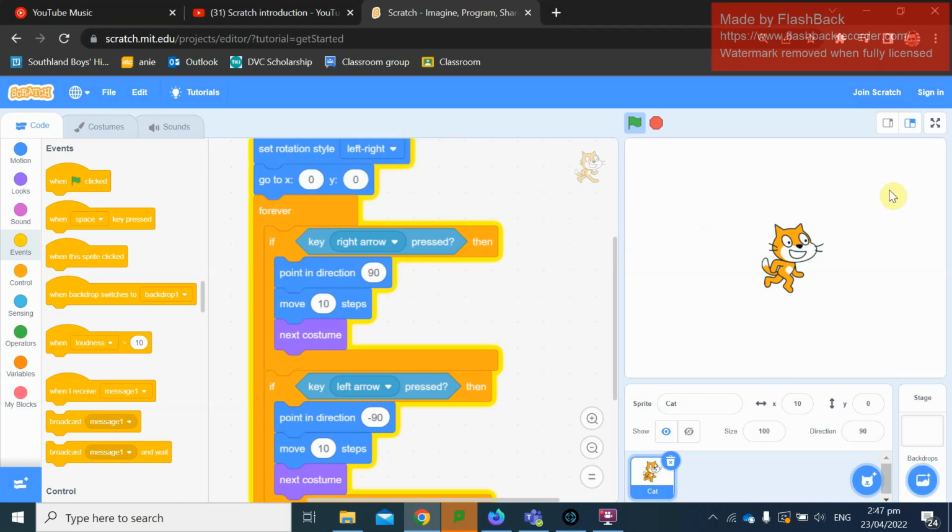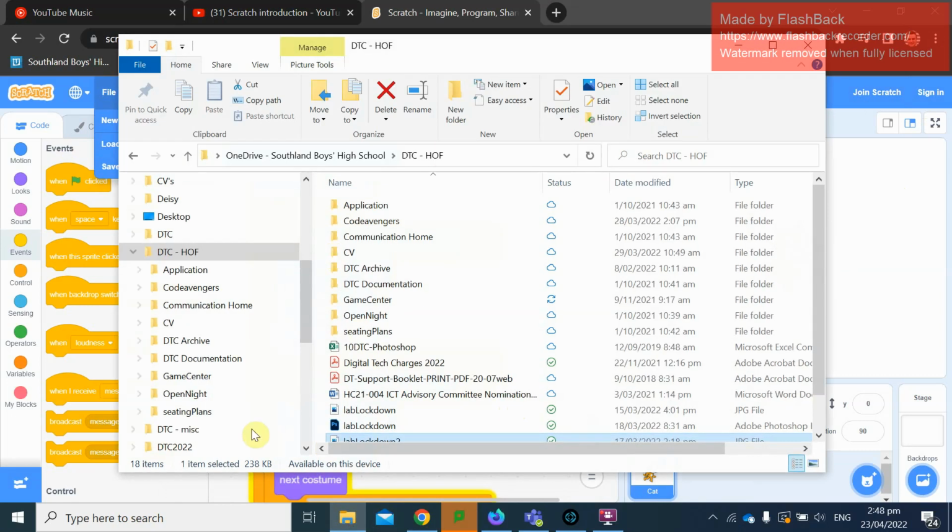If you have your own login, you can access your files. Otherwise, you just have to go File, Load from your computer, and find it. Generally speaking, please do not leave things in your downloads folders, because if you do not sit on the same computer space each lesson, you will not find it. You should, in your folders somewhere,